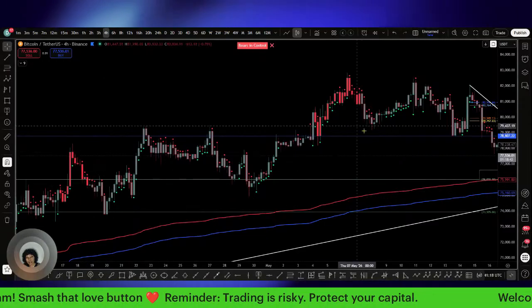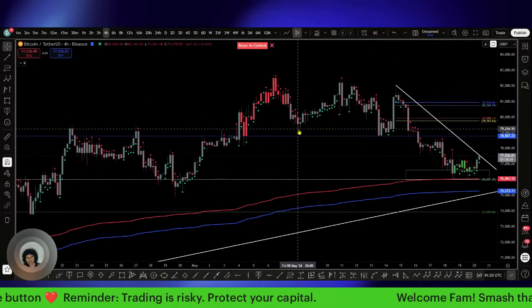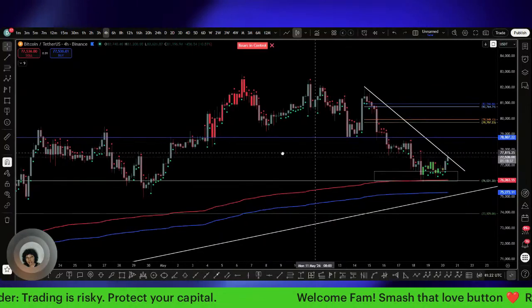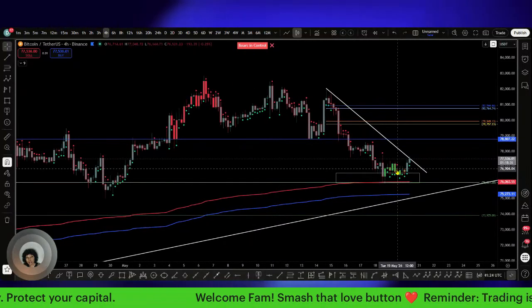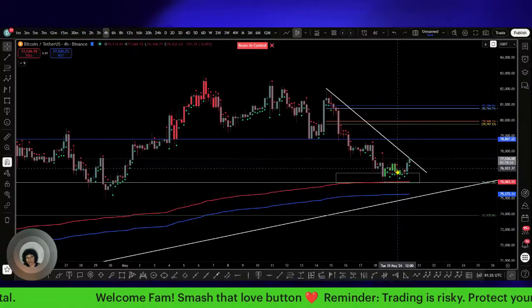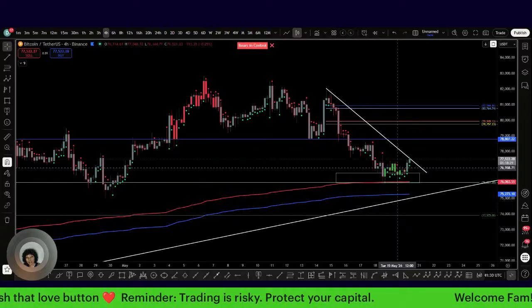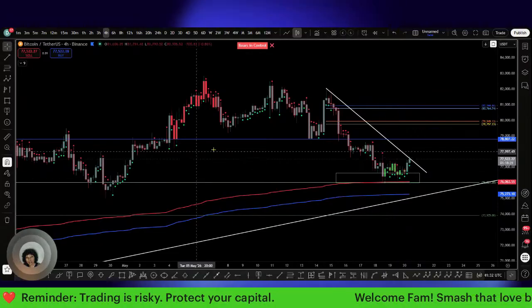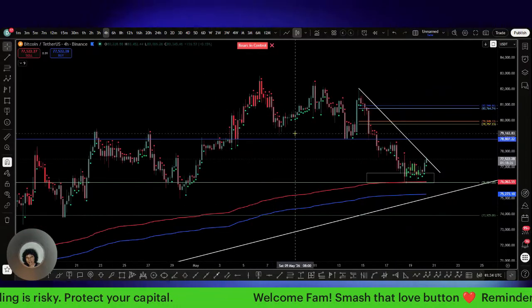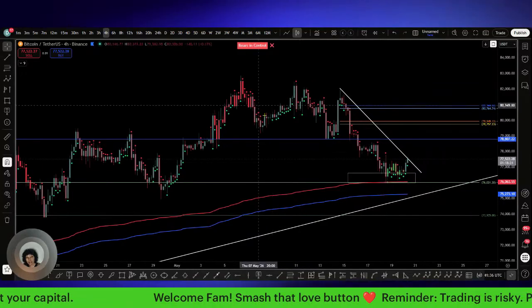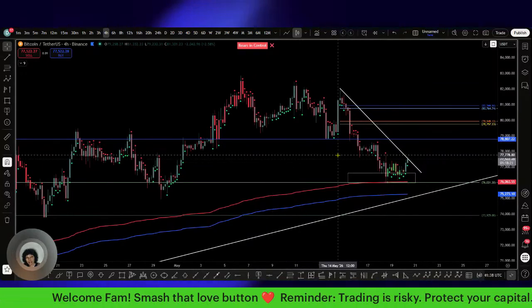It has to close below that 20 SMA. If it's red, it has to close below the 20 SMA, which means I'm expecting price action to drop to the downside. If it's green, I'm looking for some sort of move to the upside. It has to close above the 20 SMA. So you really don't know when that's going to happen. I just know that if I see it, then that's what I'm expecting. That's what I'm looking for.